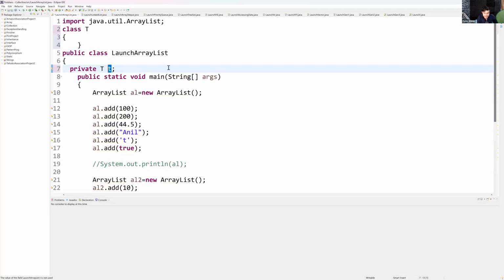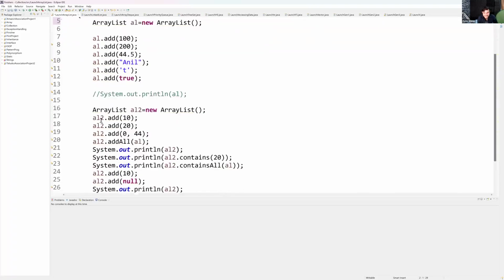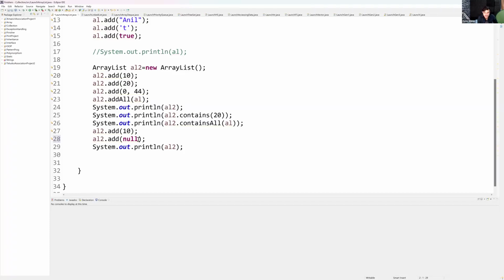So I'm waiting for someone to inject the auto-wired dependency, and they have not yet injected. In that case, can I add that null value, such a reference variable? Are you getting it? Directly null, no one will add, but we might add a reference for which a real object has not been injected. It has just a null value. So is it allowed or not, I want to check. If I add in the array list,